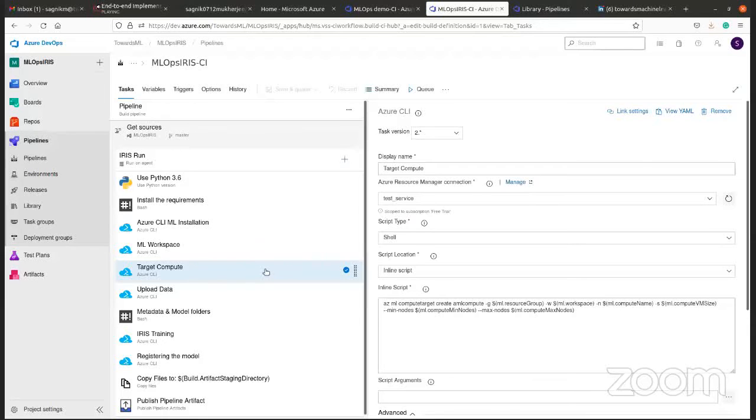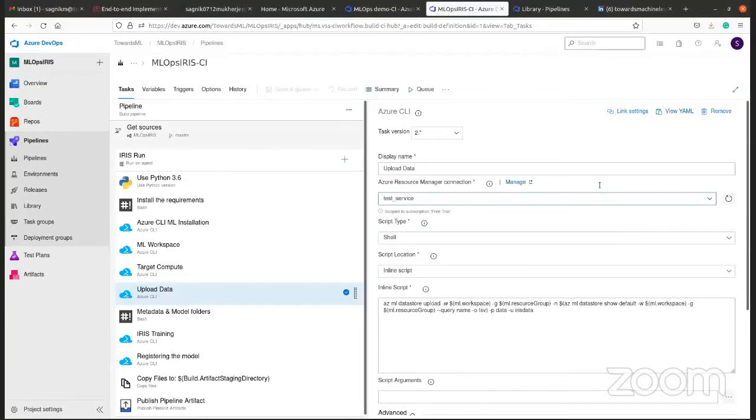The data management. Now I am using a simple Iris CSV. If I show you the basic Iris CSV, how does it look like? It has 4 columns: petal length, petal width, sepal length, sepal width. There are 150 odd rows, and you have the target variable 0, 1, and 2 for the 3 different species that I'm detecting. So this data is going to be uploaded to this workspace into this resource group, and it is going to be a part of